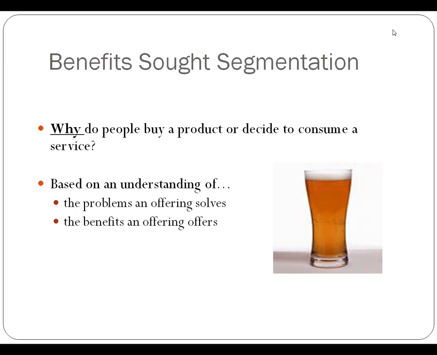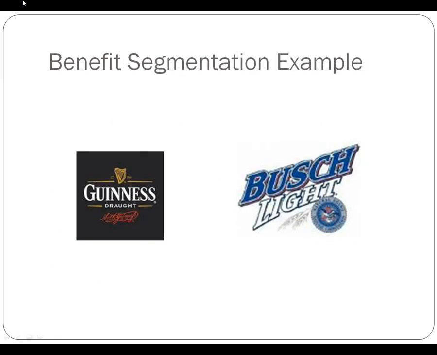fit our profile. So Guinness, for example, or fancy heavy beer. I like heavy beers. They're generally more expensive. They certainly are heavier. You can't drink a whole bunch of them without getting a stomach ache or feeling like you just had a huge dinner. So some people love that. College kids, Guinness doesn't really have to worry about college kids too much because, again, they're just not into that. They want the lighter beer, the cheaper beer, the feel-good, in a hurry type, or more bang for your buck type of product. So Guinness doesn't really target college kids, and Busch Light doesn't really target people that typically drink dark beers. It's benefits sought.